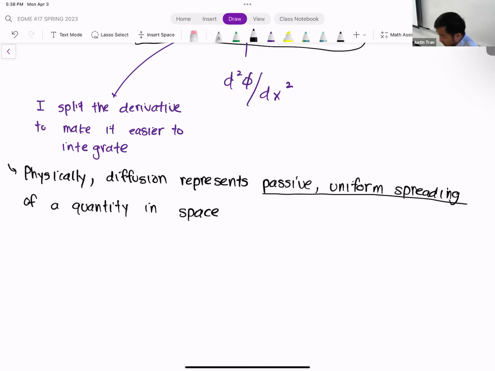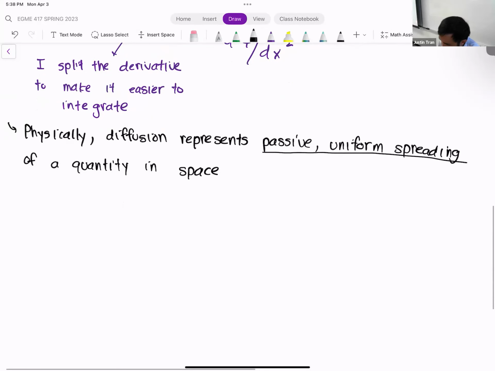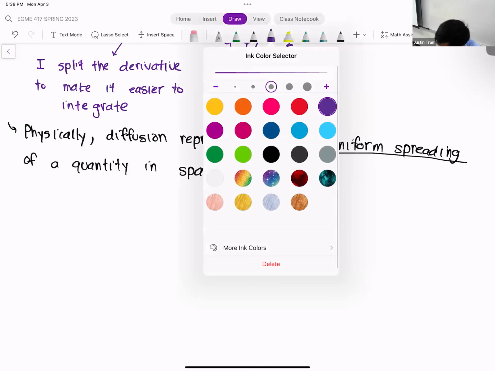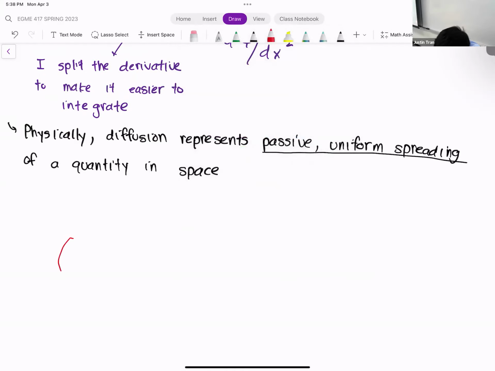And so if you have a certain quantity, let's say that it starts in kind of a small cloud like this. So let's say that you have some kind of localized heating, right? You have a laser beam, you point it at a sheet of metal, and at first, the heating or the temperature might be very localized to a certain area. Eventually, through diffusion,